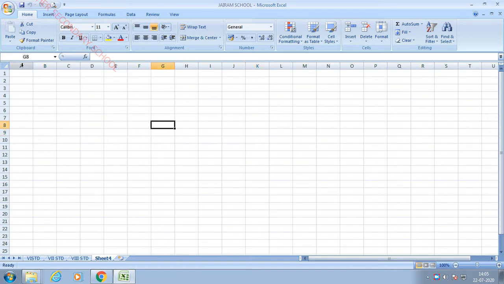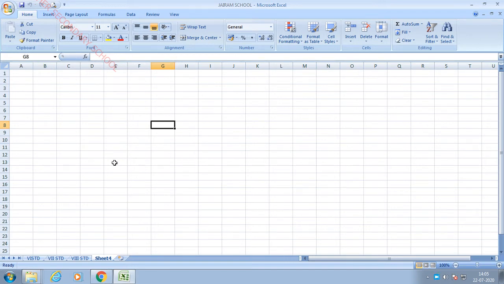Okay, this is the column heading. We have a lot of column headings. If you'd like to see more column headings, you have to scroll here. Okay, this is the row heading. This is the row heading. This is the column heading. This is the formula bar. This is the object bar.